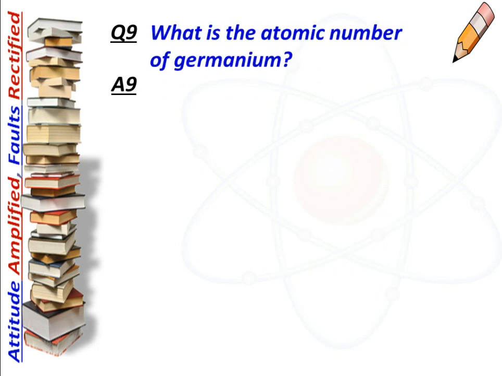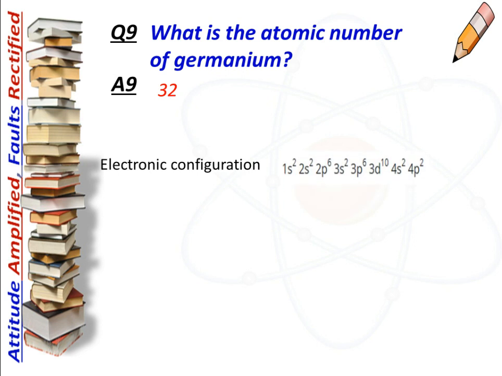What is the atomic number of germanium? Answer is 32. Its electronic configuration is 1s2, 2s2, 2p6, 3s2, 3p6, 3d10, 4s2, 4p2. Germanium also has 4 valence electrons in the outermost shell. And its atomic structure is